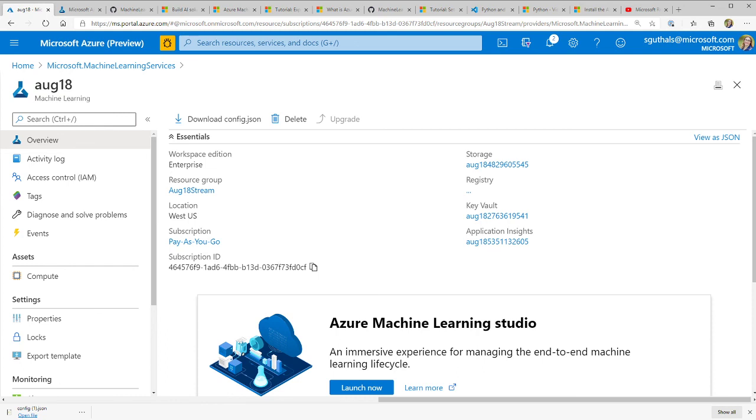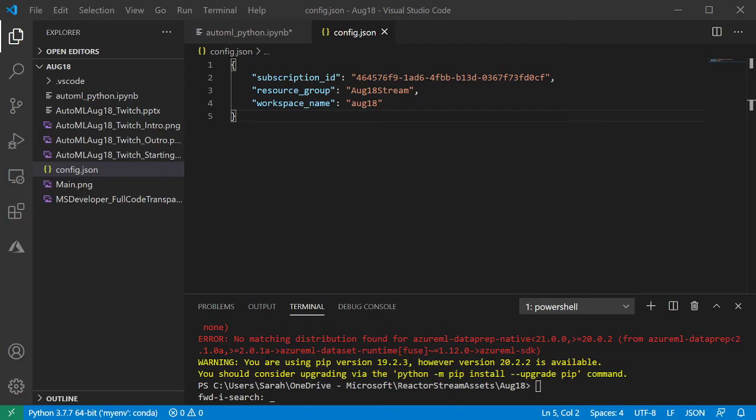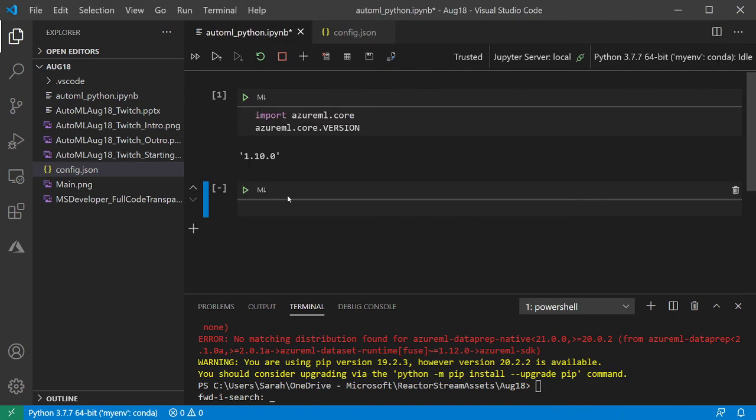perfect. So now that we have access to our config file, what we want to do is create a variable that's connecting to our workspace. And so the way that we can do that is essentially import our workspace and